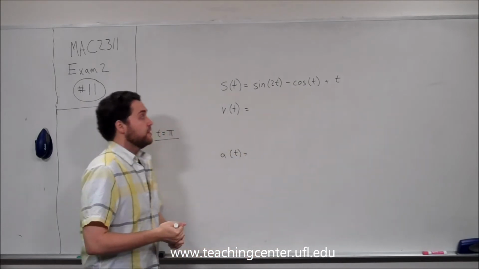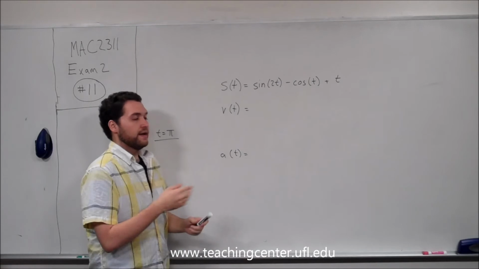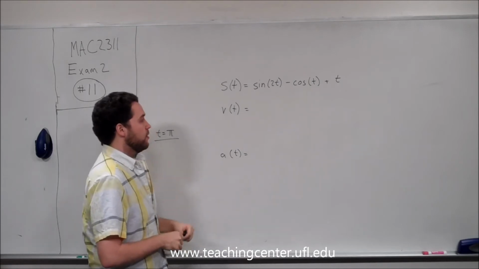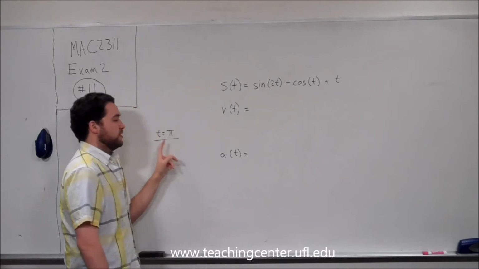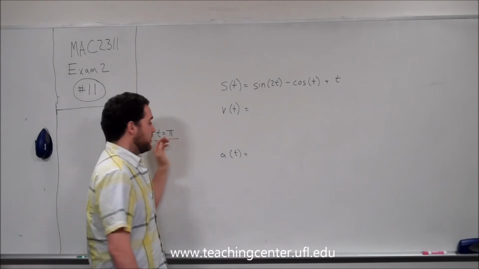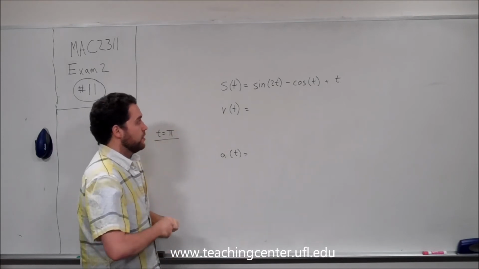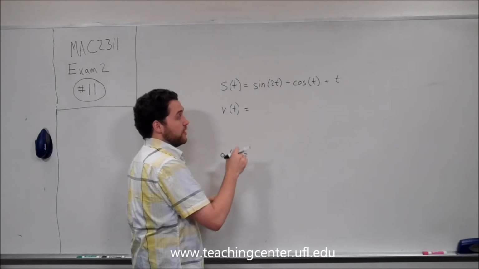So in this problem, they give you this function. It represents a spring oscillating back and forth. And they ask you, what is the velocity and acceleration when t is equal to pi? So first we should take the first and second derivatives and then plug the pi in and get our answers. So what we can do is, we know that the derivative of sine is cosine, the derivative of cosine